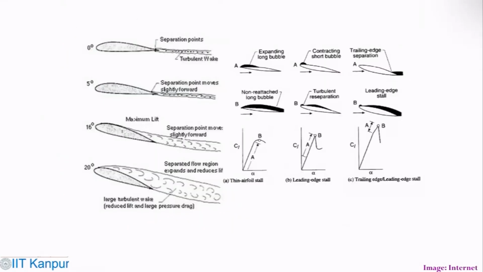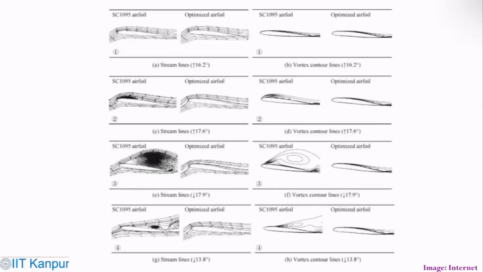Now, what the airfoil shape impacts is this: the rotor blades are exposed to turbulent conditions, so there could be separation. These separations change the angle of attack, and more separation means the drag increases. You can see this CL versus alpha, that is, with the angle of attack. That is a typical feature of the airfoil. These are some of the airfoils you can have, a different series of airfoil, and some flow structure around them.